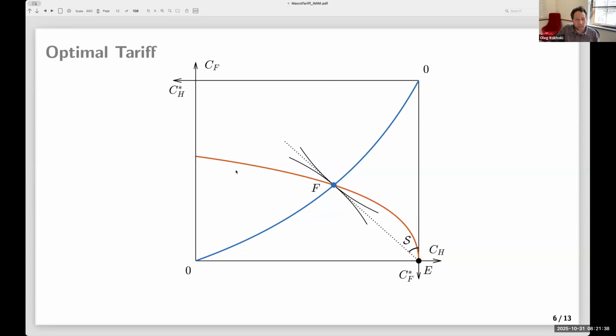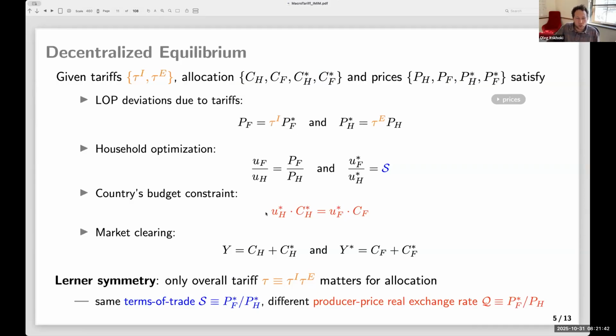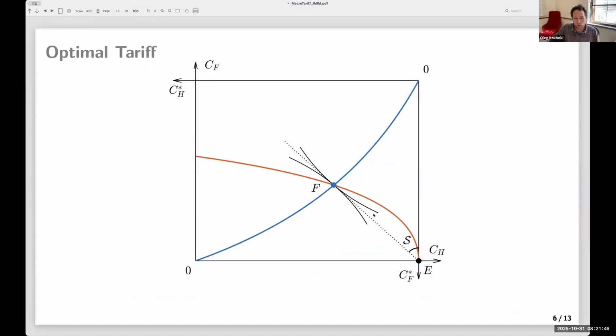But the domestic planner's choice set is this red curve. And this red curve corresponds to this implementability condition, right? And so the planner can choose any point along that curve. Generically, unless this red curve is degenerate and is this tangent line, which is the case of a truly small open economy which cannot manipulate the terms of trade. But as long as the planner can manipulate the terms of trade, this red curve will have curvature. And generically, you'd want to do something else.